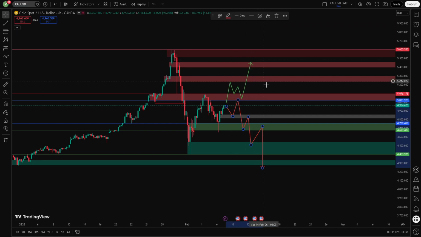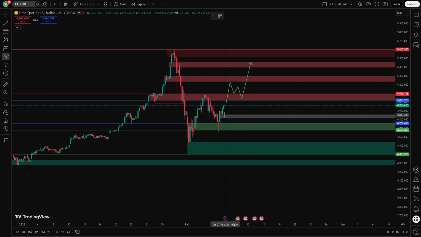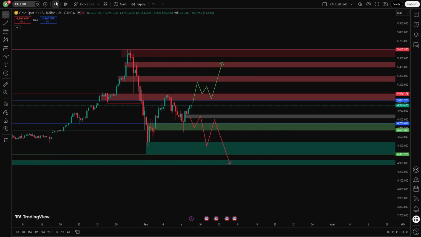And I know that my arrow is kind of ugly, but let me do it again. All right, so let's say the price here manipulates, and then it goes back to the discount, sweeps it, maybe around here we'll have a sideway, and then we will touch this level, and the direction on this level we might never know. But what I know for sure is the market right now, if we take a look at the,